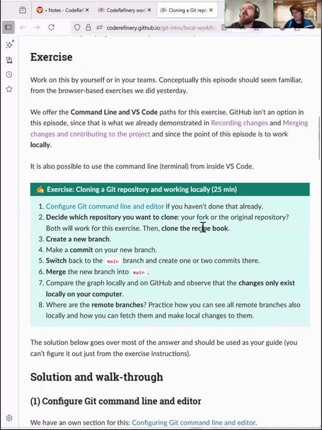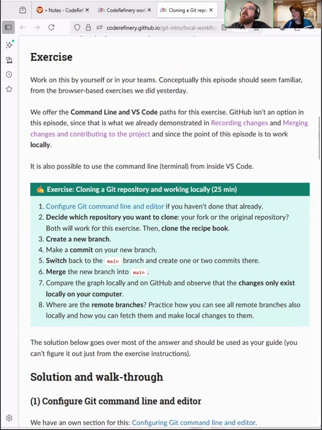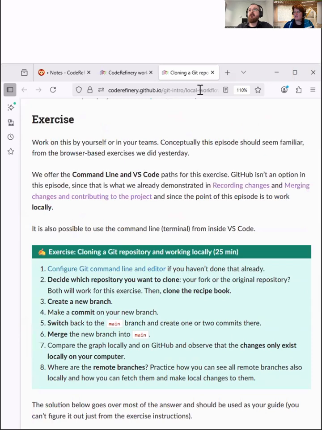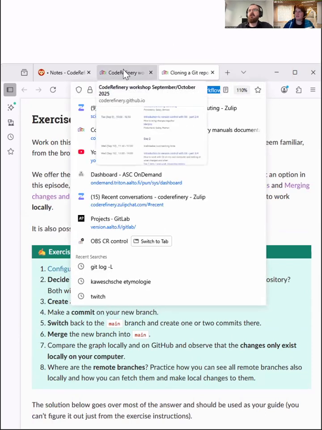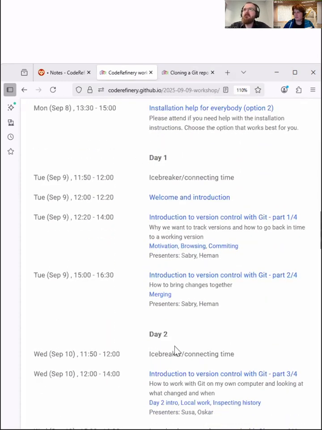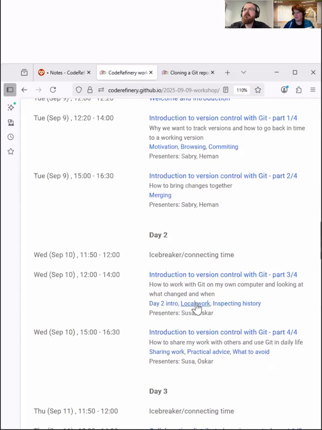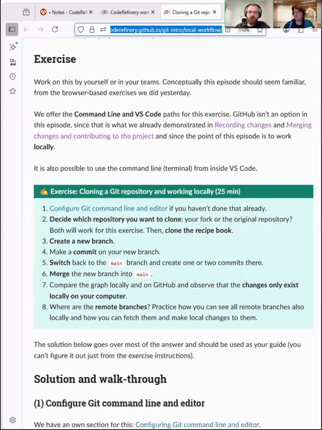Could you maybe move it a little, since our faces are partially obscuring the URL? I can just move this a bit. But the basic idea is that you go to the overview page, and then under day 2, you click on the local work, and then it'll get you to this one. And then the exercise is to